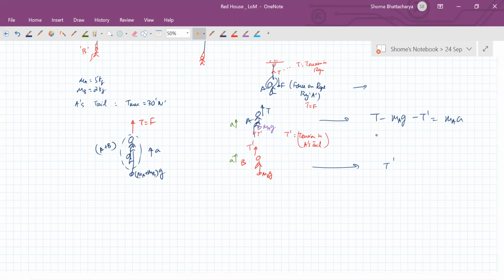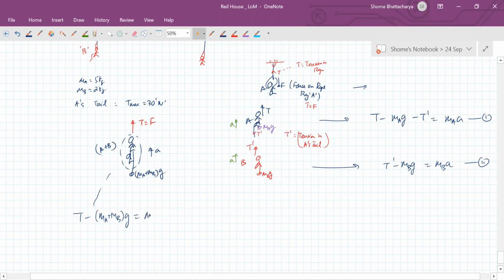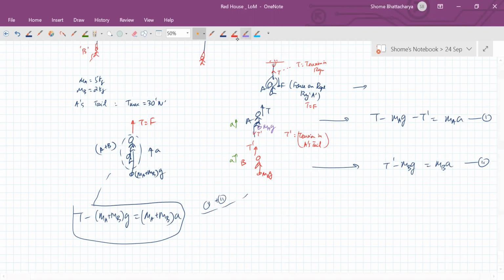So whether it is this or, so we can take these two equations or we write a single equation for this one. It's one and the same thing, that T minus, you will get this equation also from these two by adding these two also. Equation 1 plus 2 you will get. Okay, but now the thing is that in this equation we want that T prime's maximum value is 30 newtons. Okay, so that is showing you that A's maximum possible value is how much?